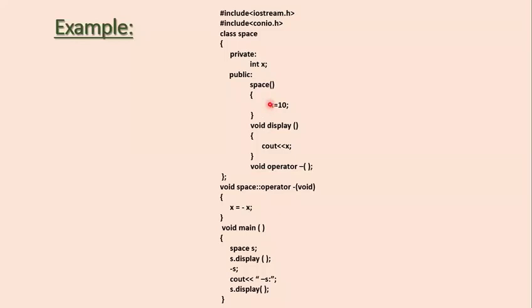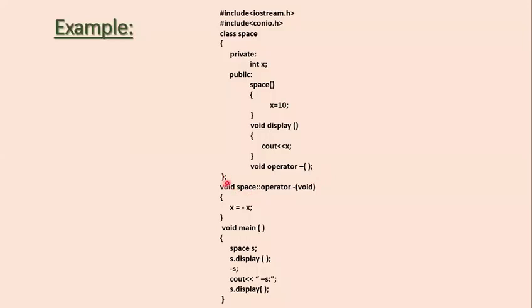So here the space class is there, inside the space class the X data member is there, then I have initialized 10 to that data member. Then one more function I have declared, that is display, to display the value of X. Now here I have taken the minus operator, which I am going to overload. I have mentioned void, then the operator keyword, then the actual operator, and then brackets open and close. Here I am not passing any arguments. Then semicolon.